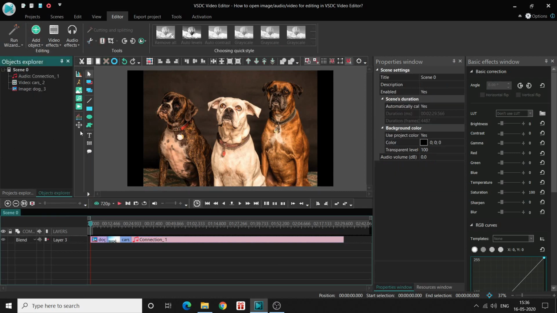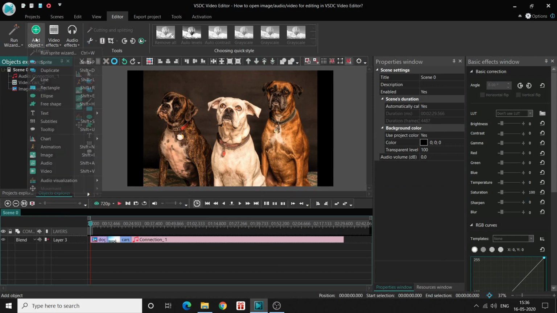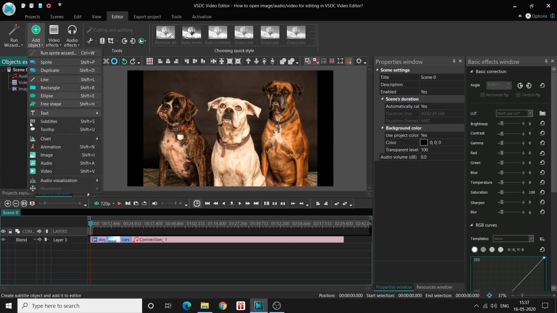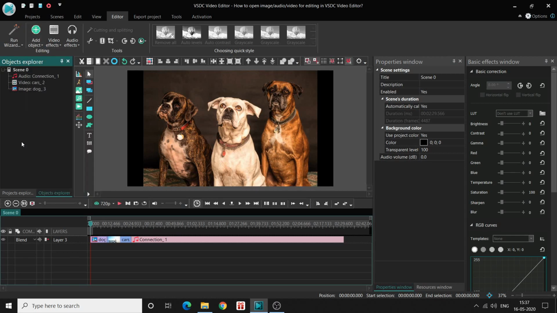Another thing you can do, if you don't want to click on Add Object and then click on image, audio or video, is use these options readily available right here on the side. You can see this add image, add sound, add video option right here in the toolbar next to the editor. This is more comfortable than clicking on Add Object and selecting image, audio or video.